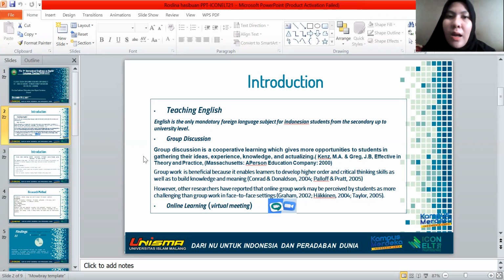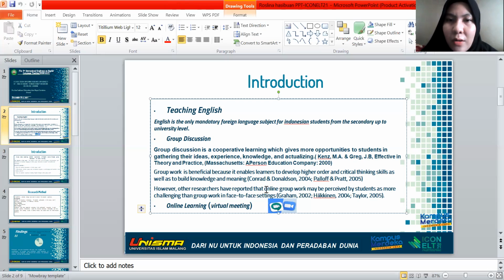However, other researchers have reported that online group work may be perceived by students as more challenging than group work in a face-to-face setting. So I underline here online group work.